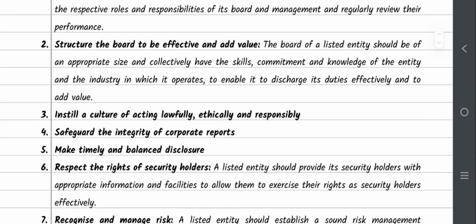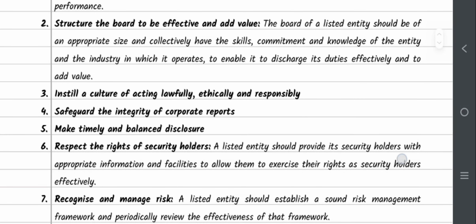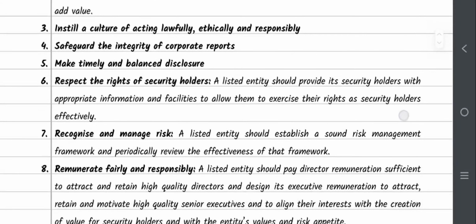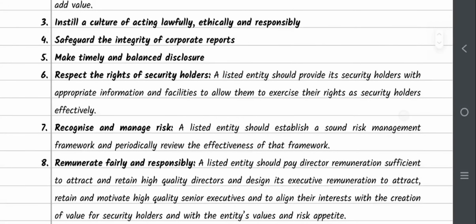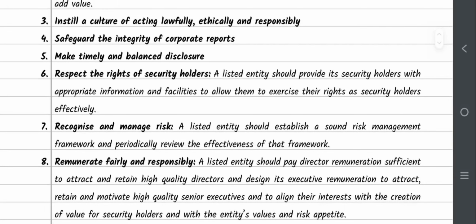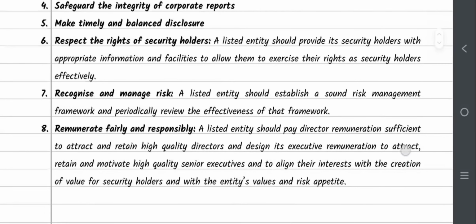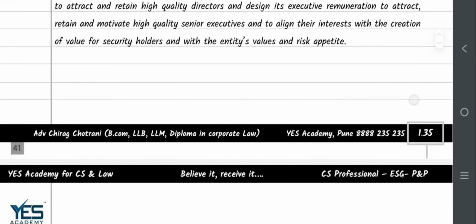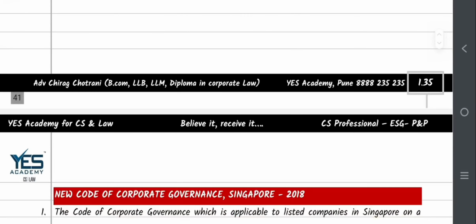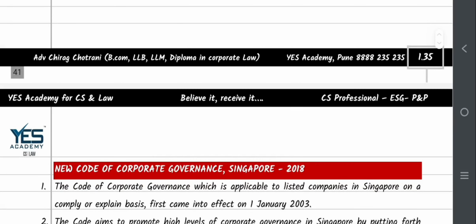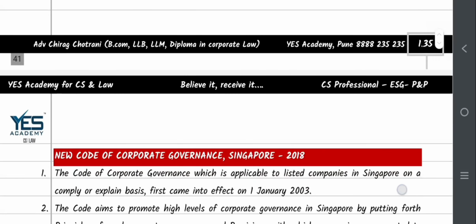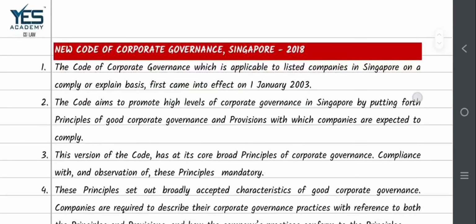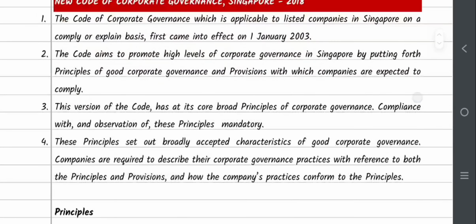That has to be ensured, and their active participation in the functioning of the company, improving safeguards and disclosures pertaining to RPT, related party transactions. So first ID, then RPT, and then issues in accounting and auditing practices by listed companies, improving the effectiveness of the board evaluation process, addressing issues faced by investors on voting and participation, and disclosures and transparency related issues. The committee submitted its report, and that report contains the first recommendations,